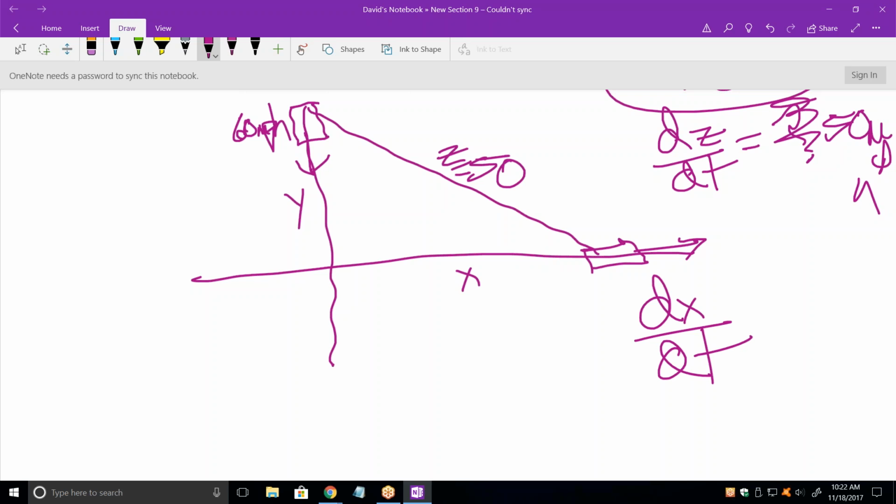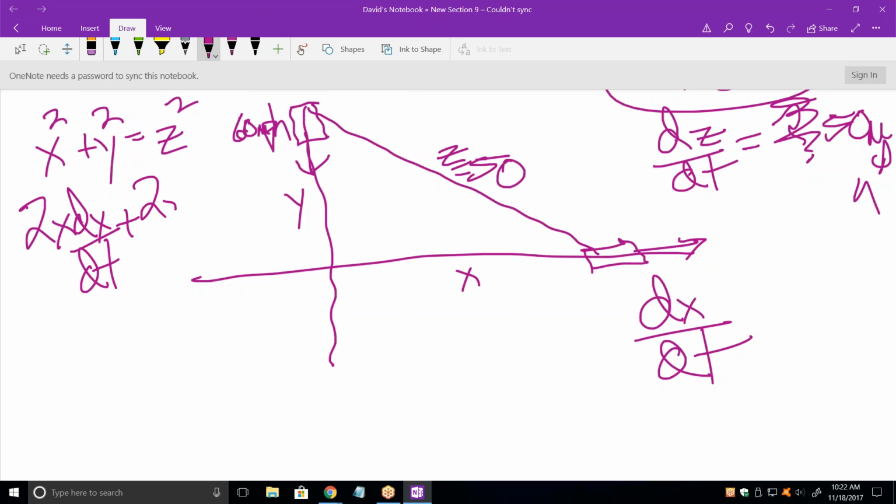So again, if we set up our equation, we've got x squared plus y squared equals z squared. And then when we implicitly differentiate it, we'll have this. And we know 2 of the 3. And if you know 2 of the 3, then you can always figure out the third one. In other words, we've been given dz/dt, we've been given dy/dt, and we're asked to measure it at a time when they are,